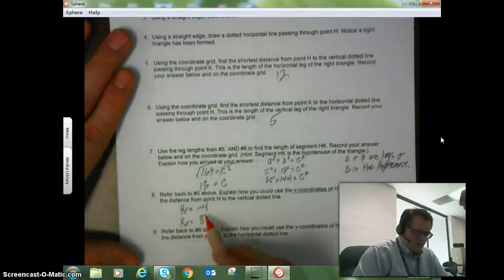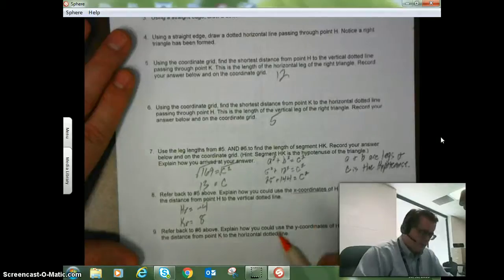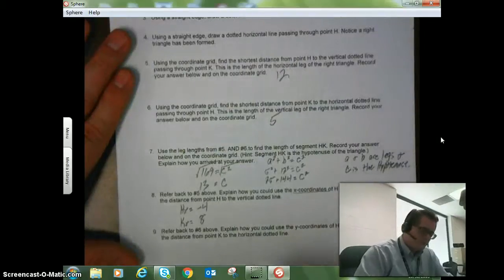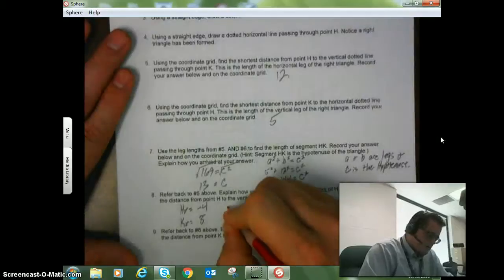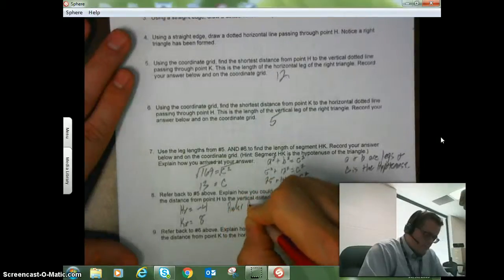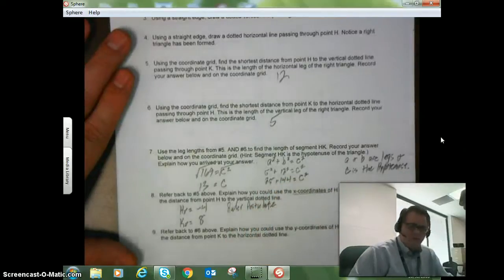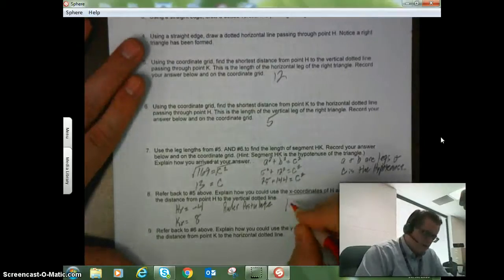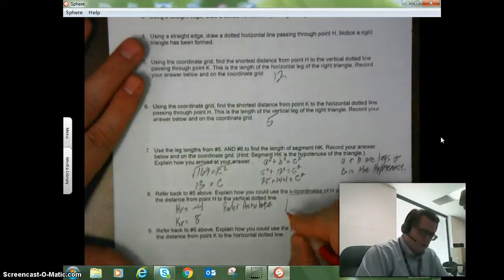Now, looking at these numbers, how could we possibly use those two numbers to get a 12? Well, if I add them together, negative 4 plus 8, that's going to give me a 4. So that doesn't work out to give me the 12 that we're looking for. But going back to an earlier concept, the Ruler Postulate, one of the things it says is that the distance between 2 points can never be negative. So if I take the absolute value of those, which is what the Ruler Postulate allows us to do,